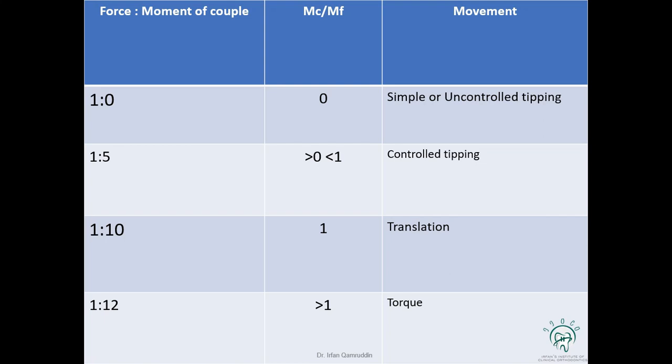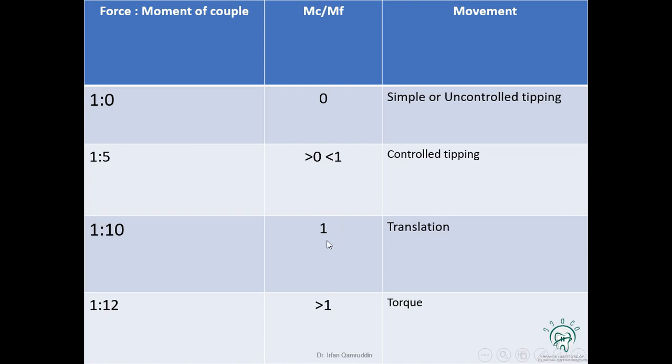If you see the table again, you can see that initially in your case there was simple tipping and the ratio between force and moment of couple was 1:0 because there was no couple initially. The other way to understand the same phenomena, you can say that there was no couple and there was moment of force which was 500 gram millimeter, and 0 divided by any number results in 0. For translation, you can see that 1:10 was the requirement of the force to ratio of moment of couple. In our example, the force was 50 grams and the moment of couple was 500, which fulfills the requirement for translation,